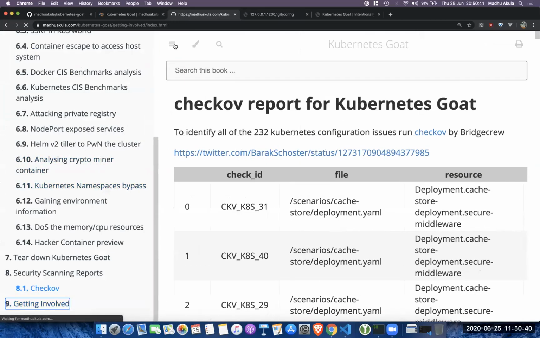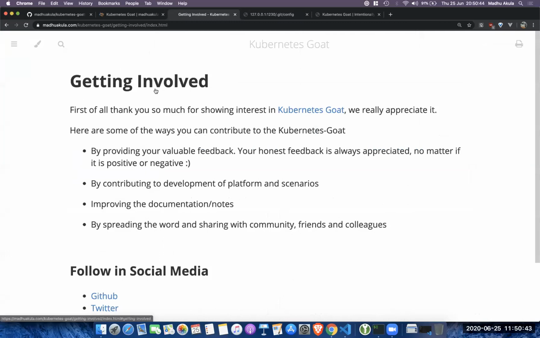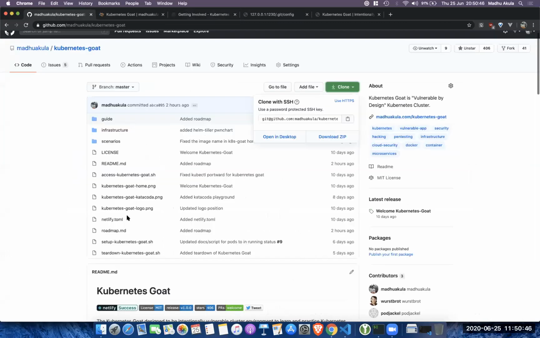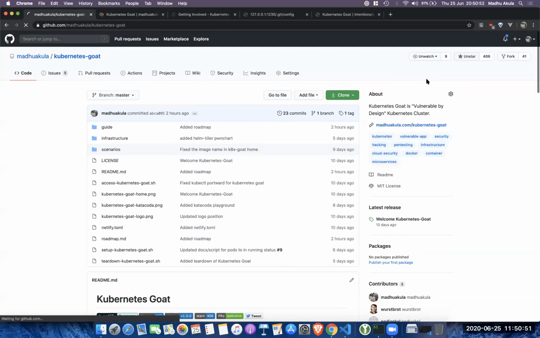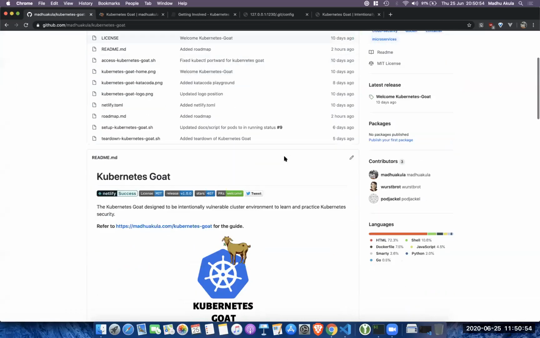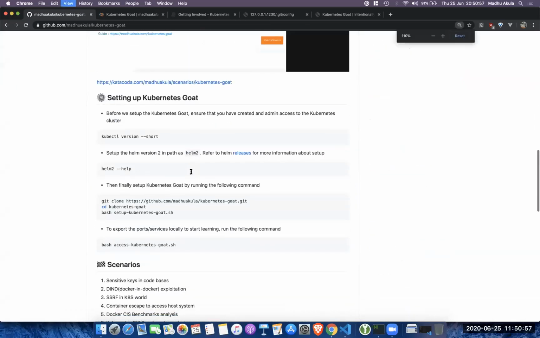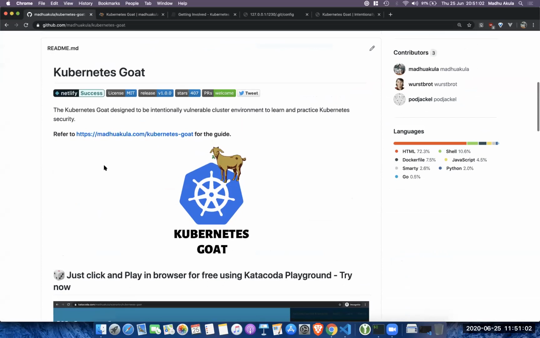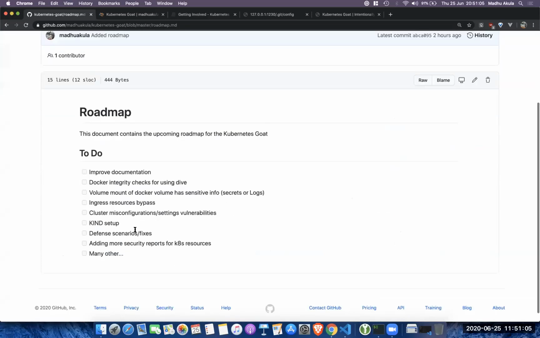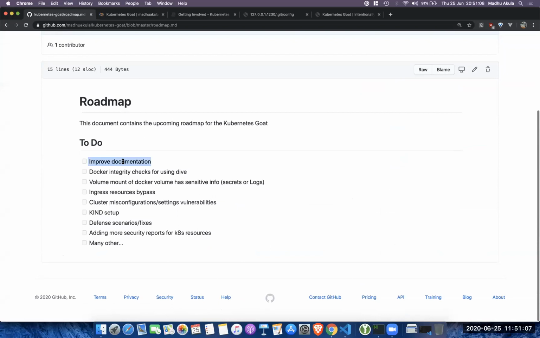And that's it from my side, to give you the direction we are trying to move in with Kubernetes Goat. If you want to show us some love, please go ahead and give us a star. Oh, someone just gave one, 407. Yeah, we are trying to work on more and more scenarios. Let me showcase the roadmap I have updated here itself: improving the documentation, updating the checks, and adding more scenarios, and also trying to support Kind, Kubernetes in Docker, so that you can try it out locally in a simple way.